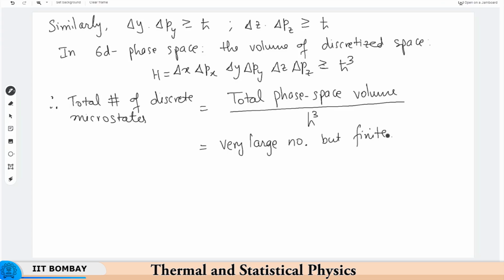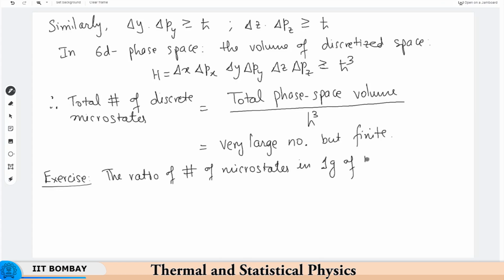So just to get an estimate or idea of what this large number is that we are dealing with, let us do a very quick example. We are interested in the ratio of the number of microstates in 1 gram of water between two temperatures, between 300 Kelvin and 300.0001 Kelvin. So I have heated my water, 1 gram of water, by a very tiny amount,